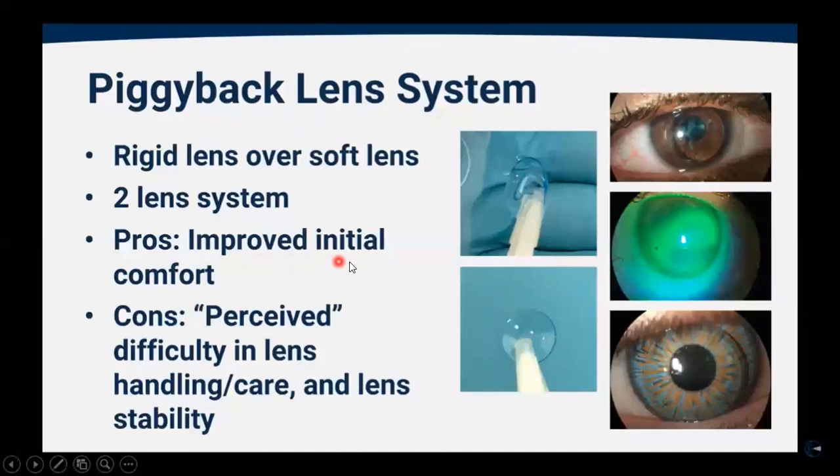So one of the advantages is that the patient would be very comfortable, because a soft lens is placed on the cornea, so the irritation caused by the RGP lens, the patient would not feel that. And sometimes these lenses are very helpful, for example in traumatic cornea. Some patients have an irregular cornea due to trauma, and at the same time the iris behind is also completely missing due to trauma, traumatic aniridia. So piggyback lenses are really helpful in those kinds of patients, because with an irregular cornea you cannot fit glasses, and their vision will not be good.